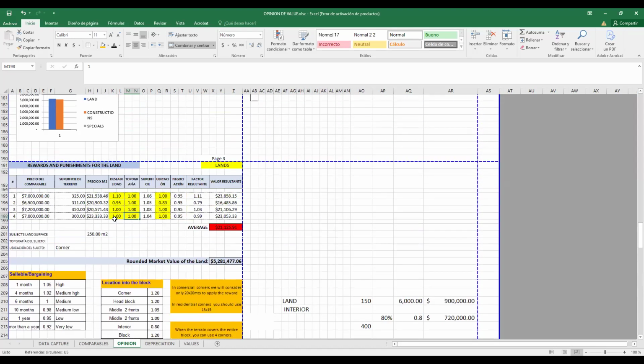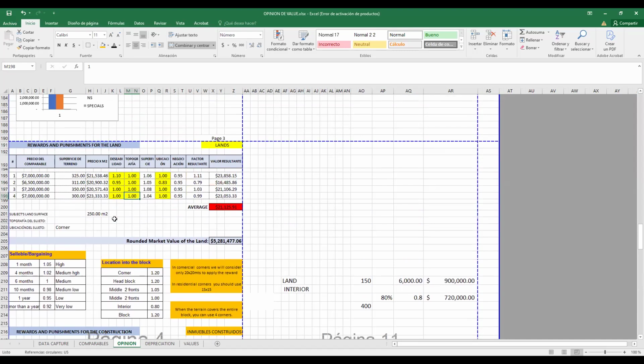We don't have that topography. But if the comparable doesn't have a good topography, you need to give a price to your land. For example, 1.05. Whatever you write here, you're going to modify the price. So this is the price for your property, for your land.